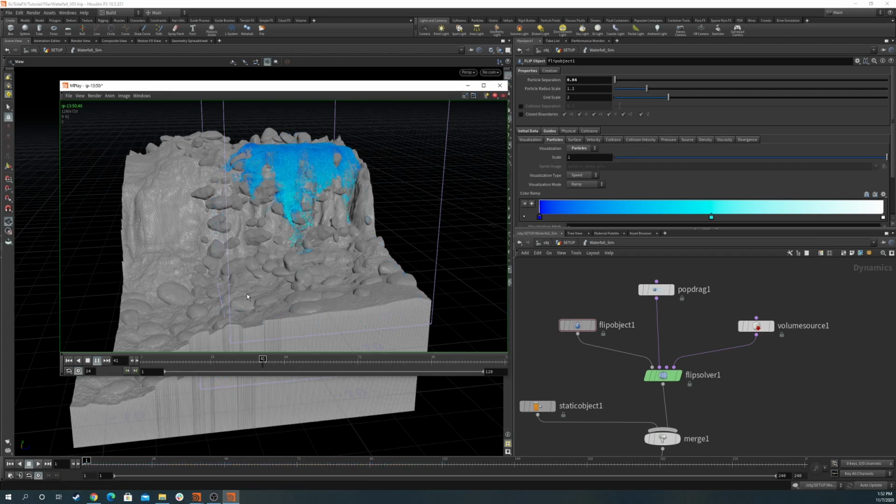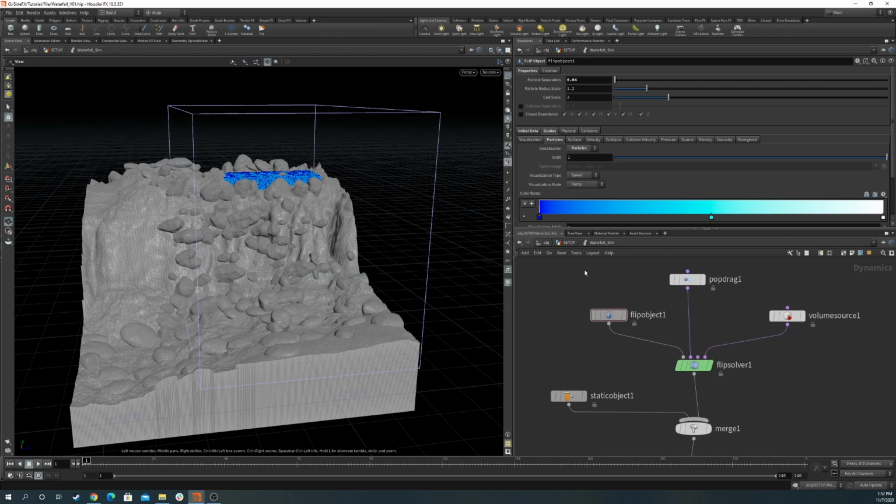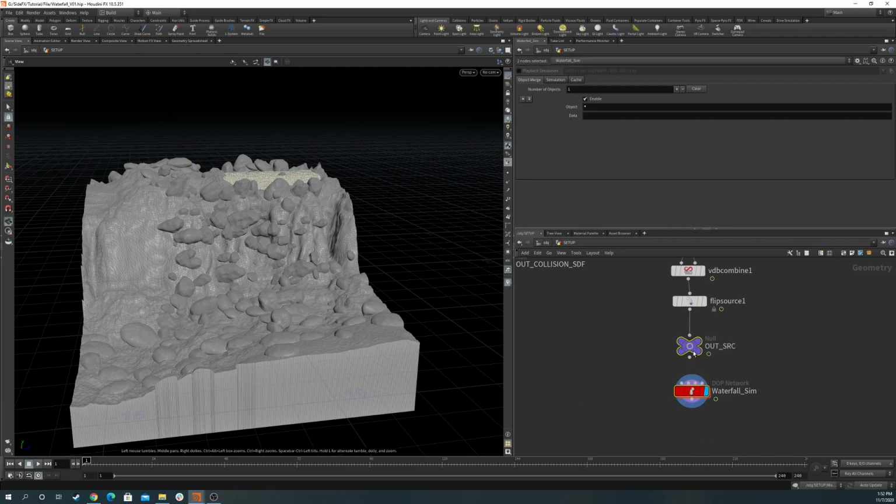Here is the result. And after watching this, I think the motion is just going one way. I want to break this motion by adding more noise into it. So we can go outside, after this flip source,